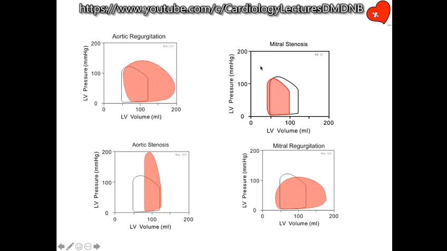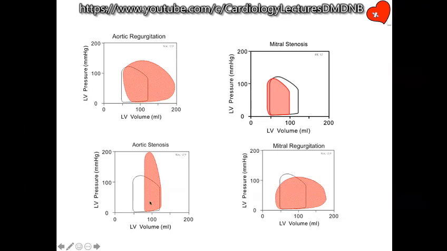Mitral stenosis. No, you cannot define this area with decreased LV volume, because mitral stenosis is before the LV, it doesn't affect the LV directly. It only affects the LV indirectly. Therefore, LV dysfunction in mitral stenosis is due to impaired filling. Am I right? Yes, sir. Okay.